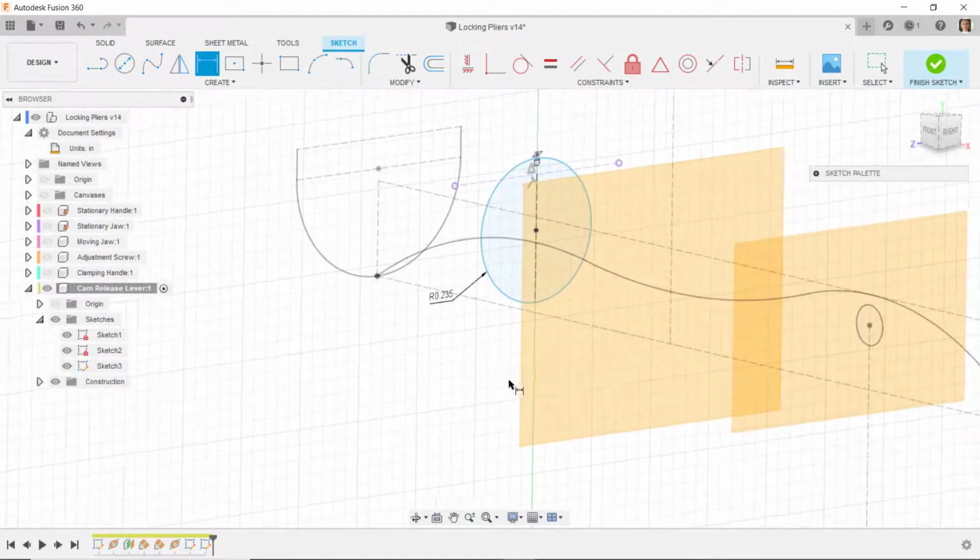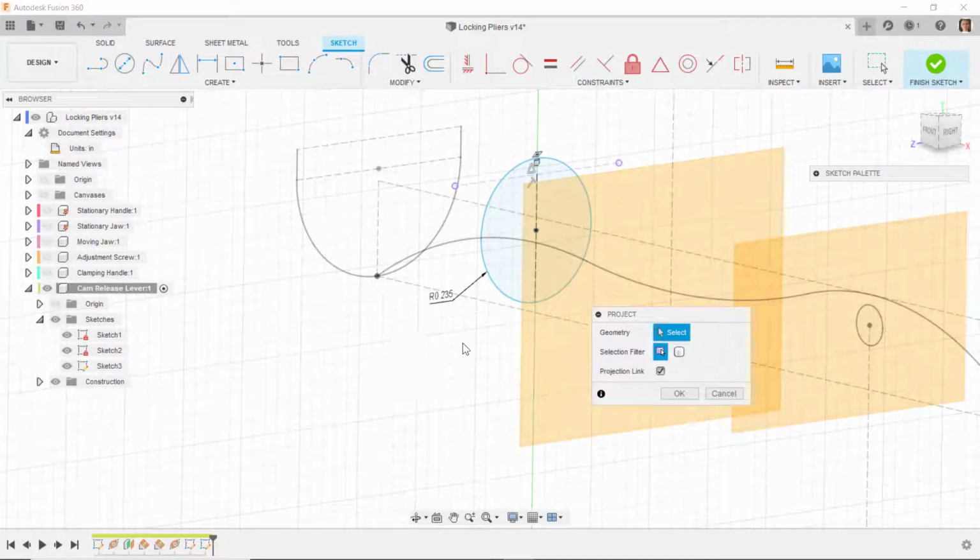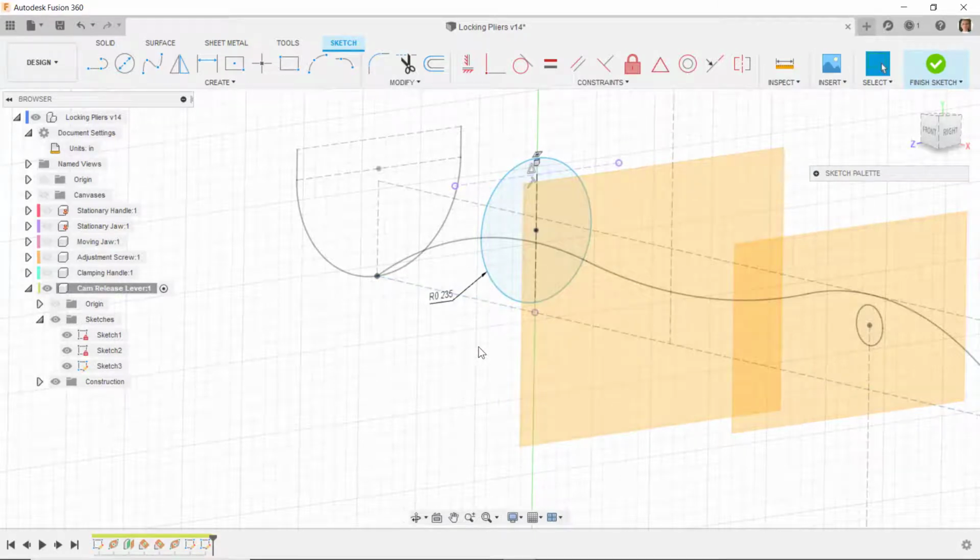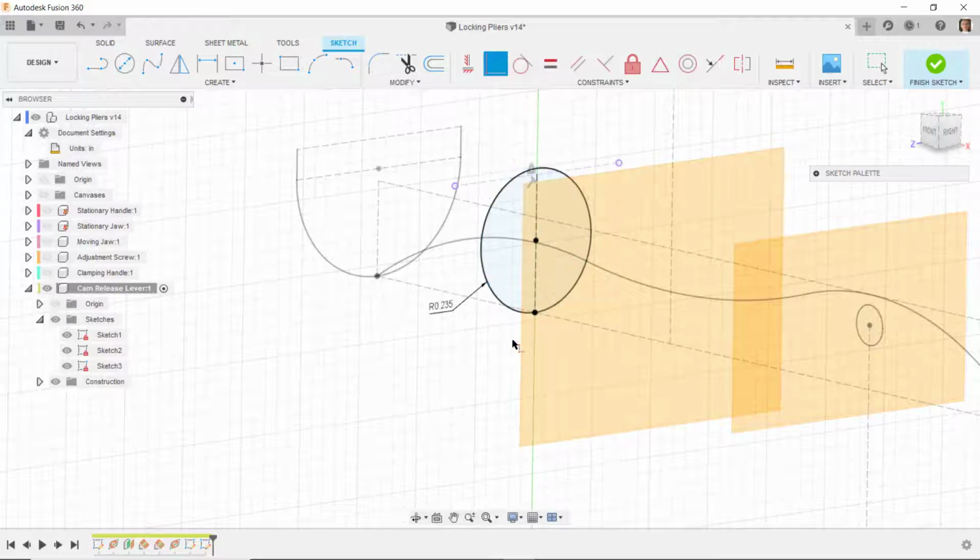Right, then I want the midpoint of this line to be down here at this location, and so I'm going to project this line into the sketch. So I'll do P for project. I'll select that line, and I get that point projected, and then I will do coincident, and I'll shift, or actually I have a projecting line here. I don't even need that to do the shift. Get this point down to here,